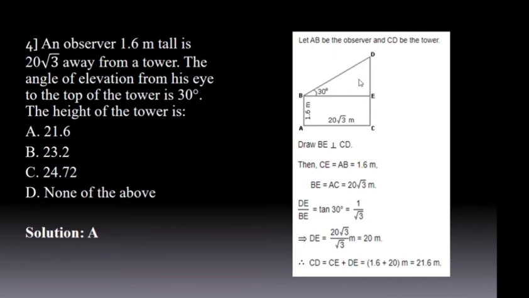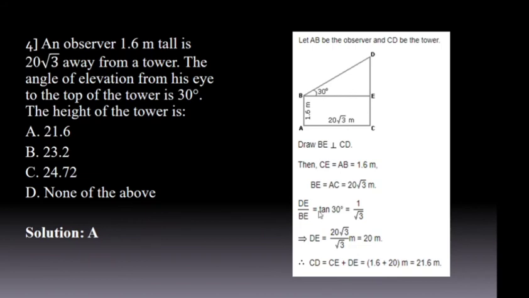So let us come to this particular right angle triangle, right angled at the point E. So this angle is 30 degree. For this particular angle now, I know what is the adjacent side, because this AC is same as BE. So my adjacent side is 20√3. Do I want to find the hypotenuse? No. What I have to find? Yes, the opposite side. So again, tan will give me the required answer, because tan of an angle gives me the relation between the adjacent side and the opposite side.